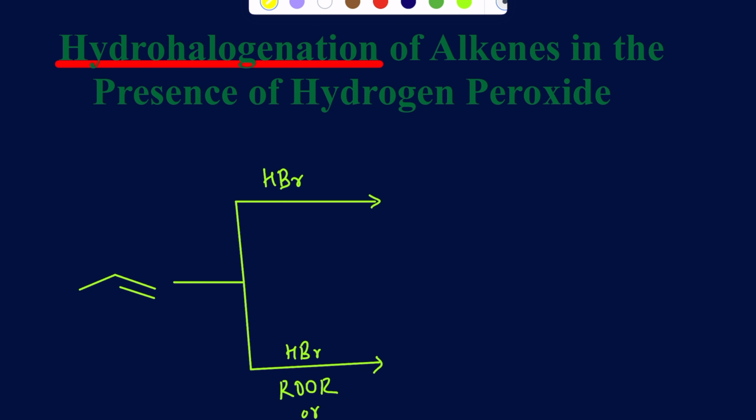In this video, I'll talk about the hydrohalogenation of alkenes in the presence of hydrogen peroxide, which I can write as H2O2, and sometimes you may also say as ROOR. So R could be any alkyl group, could be methyls, ethyls, or anything like that. Now, when you run hydrohalogenations in the presence of peroxides, it does an anti-Markovnikov addition, as opposed to if you